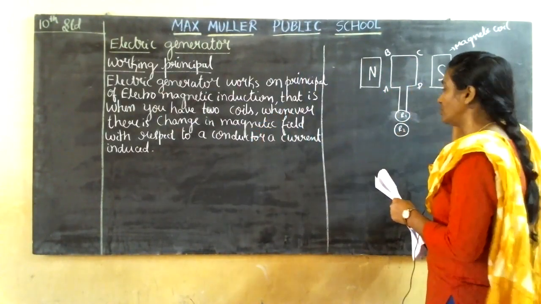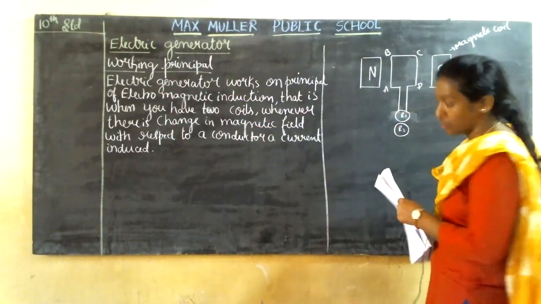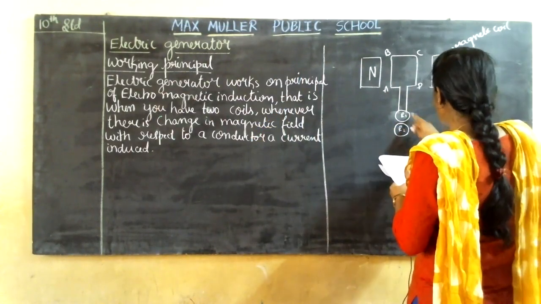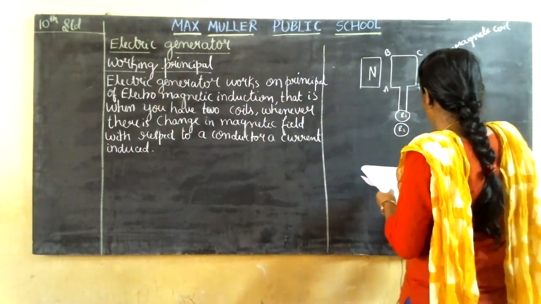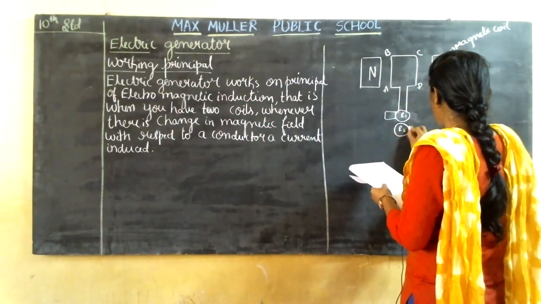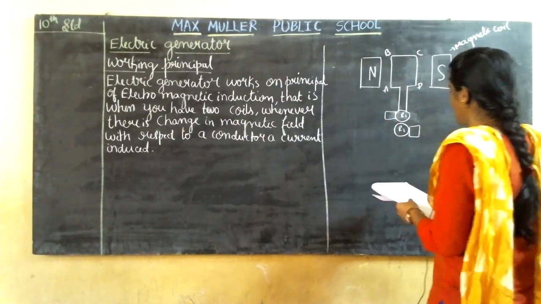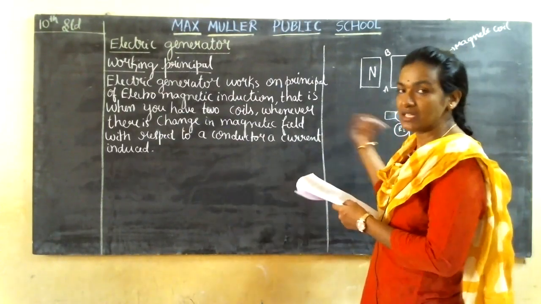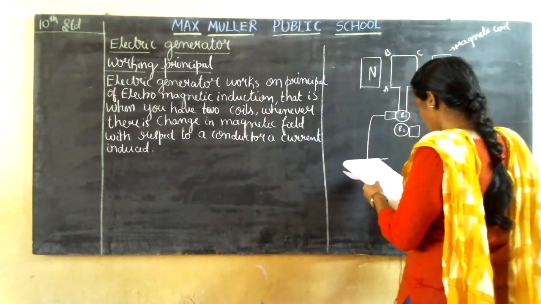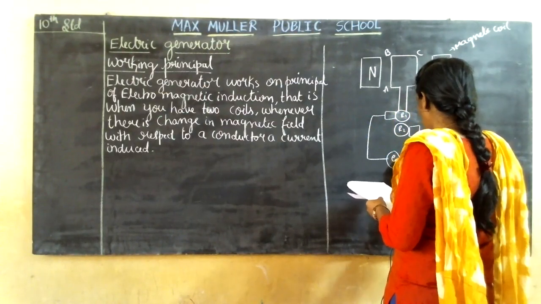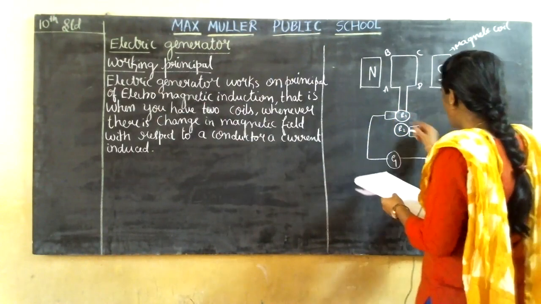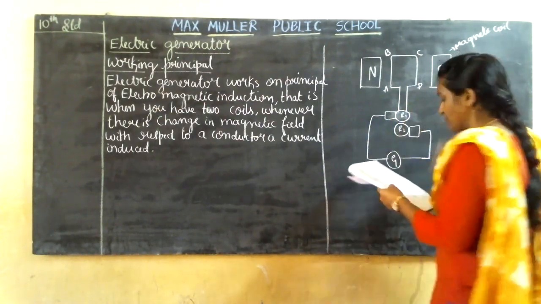So R1 and R2, I don't know if it will be there, but for your knowledge, I am doing this one. Next, the inner side is insulated. Two conducting brushes, one here and another here, carbon brushes, as we have in a DC motor also. From there, you just need to draw one circle which contains a galvanometer. These two are the split rings.